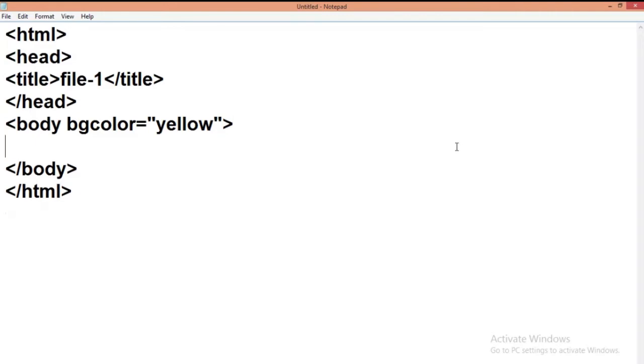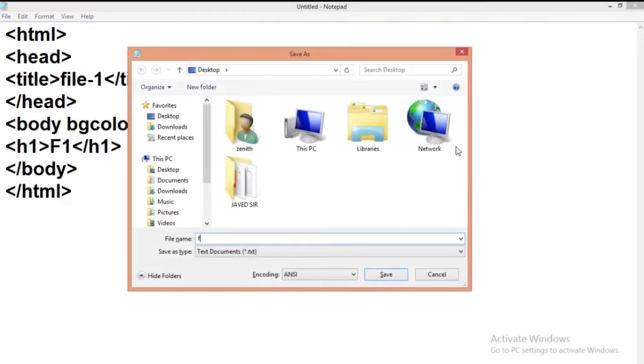And just write here heading number 1, then close the h1 tag. Save your file with the name f1.html on the desktop.